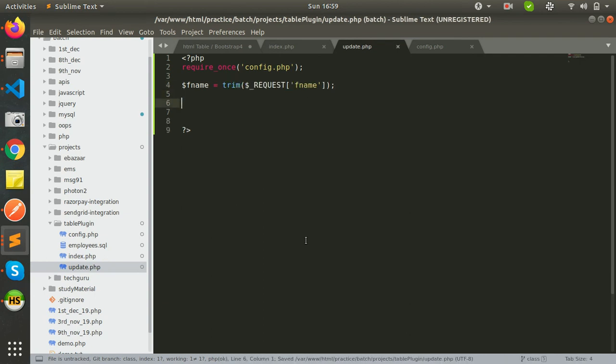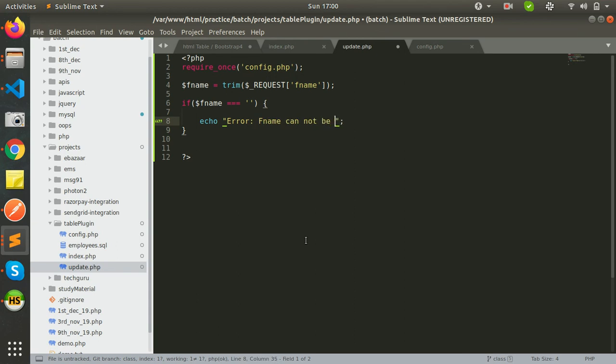Let's check if $appname is not equal to null, then echo error, app name cannot be null. Else, what we'll do, we'll update